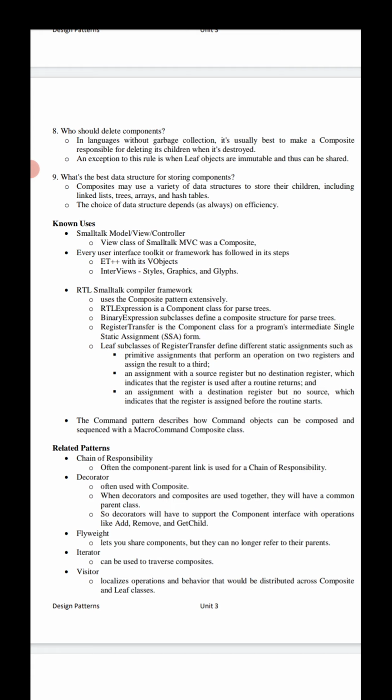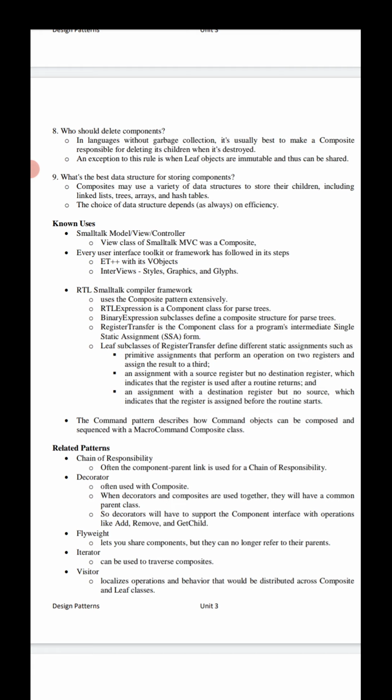Coming to one more related pattern, we have already seen chain of responsibility and decorator. The next related pattern is flyweight. Flyweight lets you share the components, but they can no longer refer to their parents. That is the main intent of a flyweight.